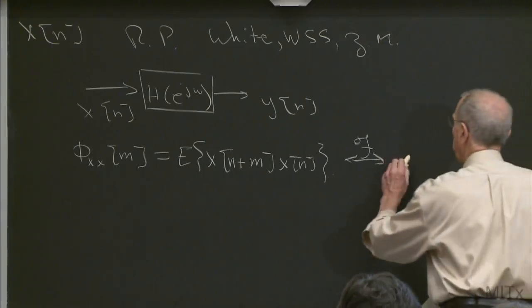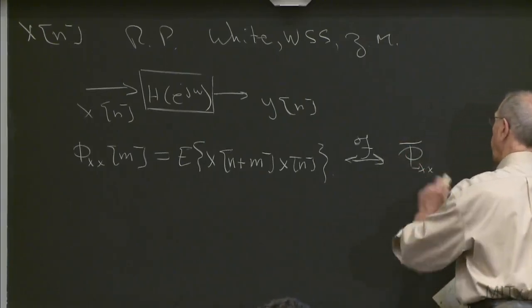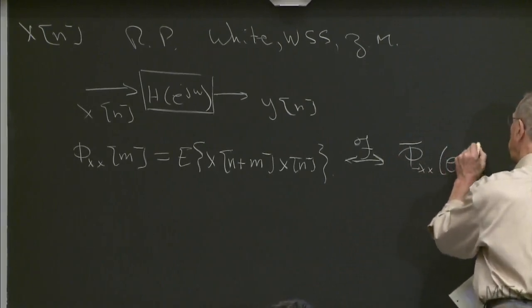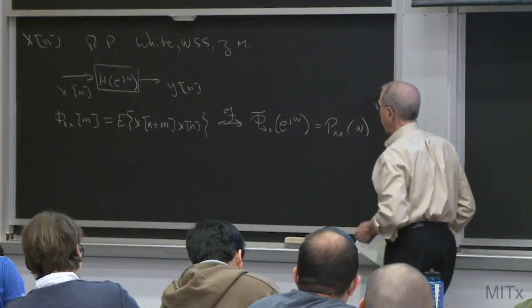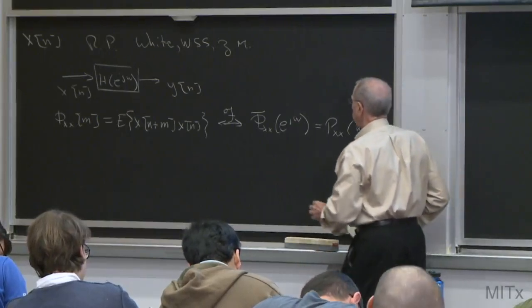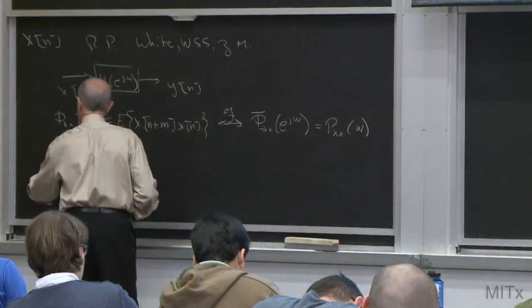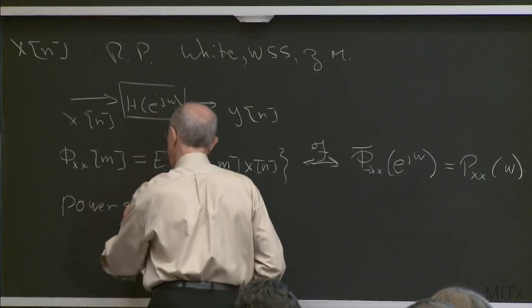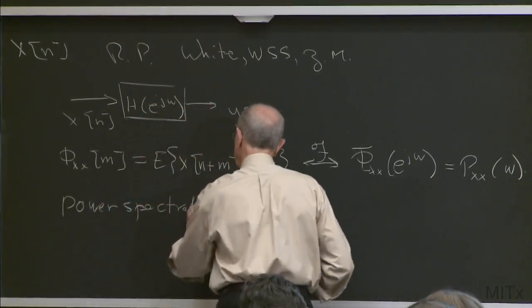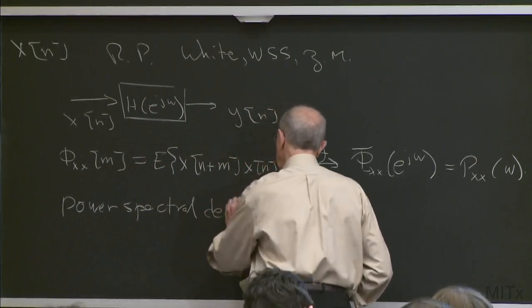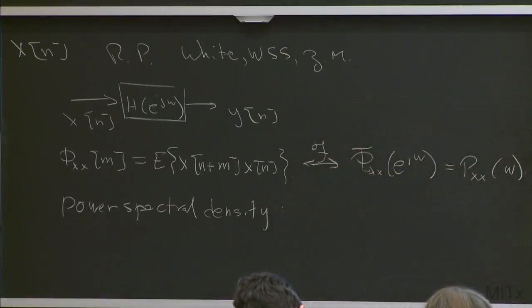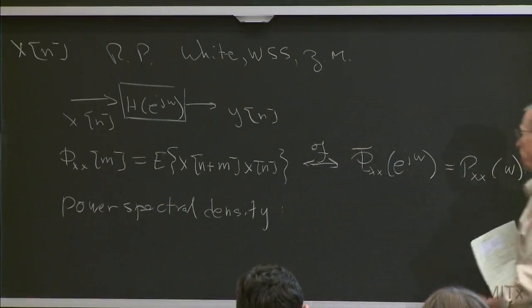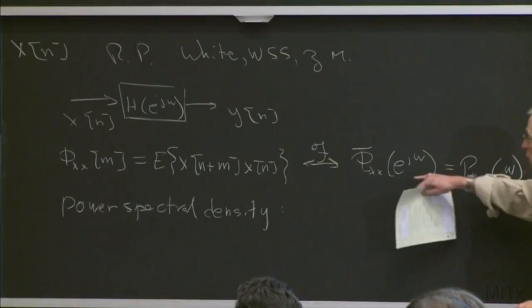And so then the autocorrelation function has a Fourier transform, and that's denoted phi xx of e to the j omega. Sometimes we'll write it this way. And what that's referred to as is the power spectral density. And there are several things that justify that terminology, one of which is that just simply using a Fourier transform property,